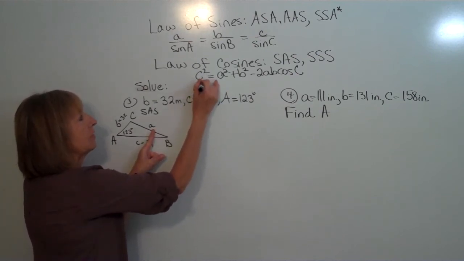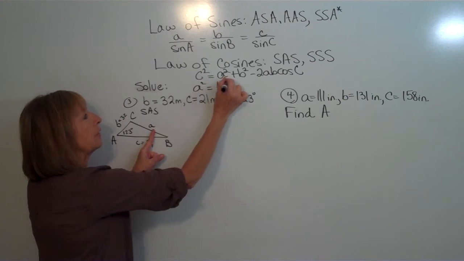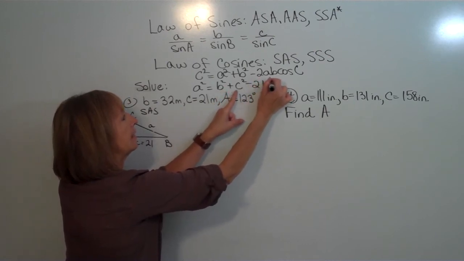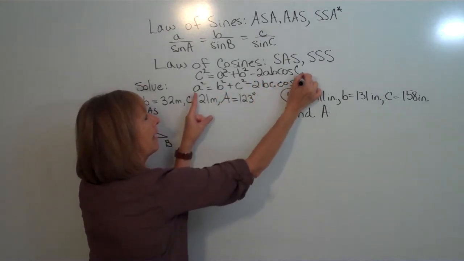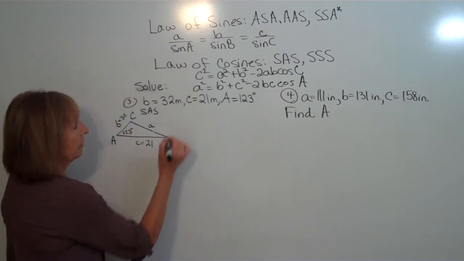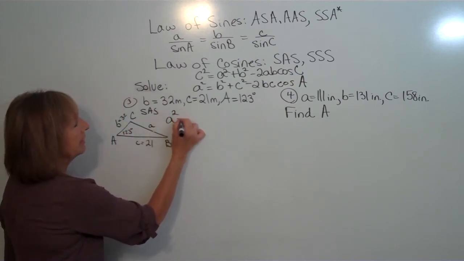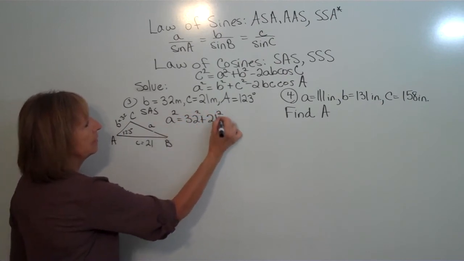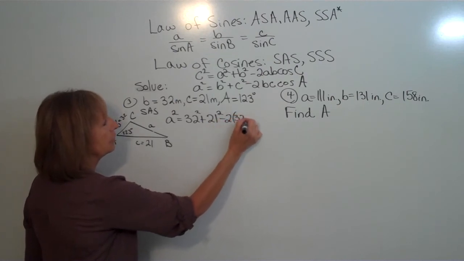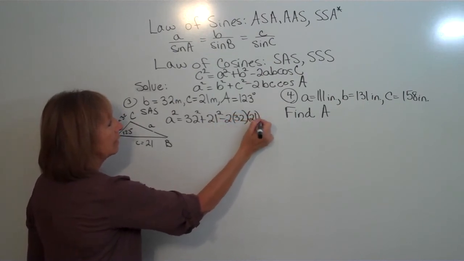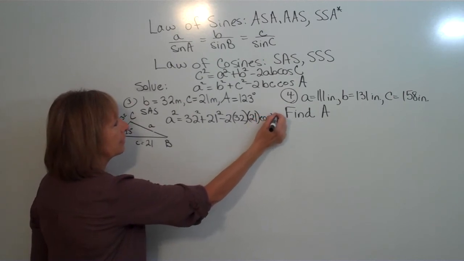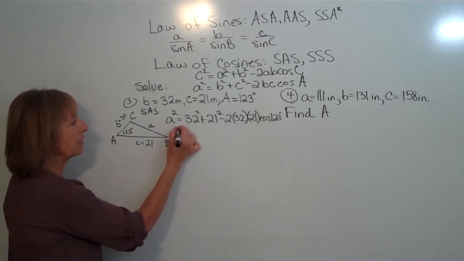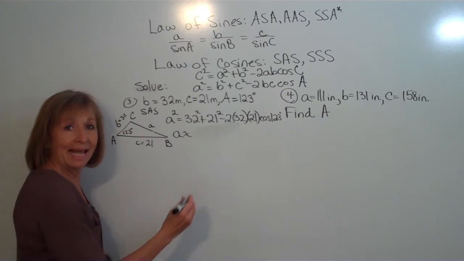So that is A squared is equal to B squared plus C squared minus 2BC cosine of A. So I have A squared is equal to 32 squared plus 21 squared minus 2 times 32 times 21 times the cosine of 123 degrees. So now when you go through and you work this out, you get that A is about 46.87211,